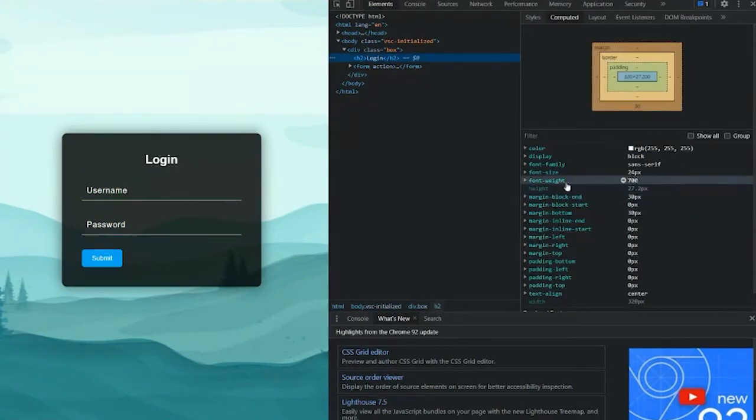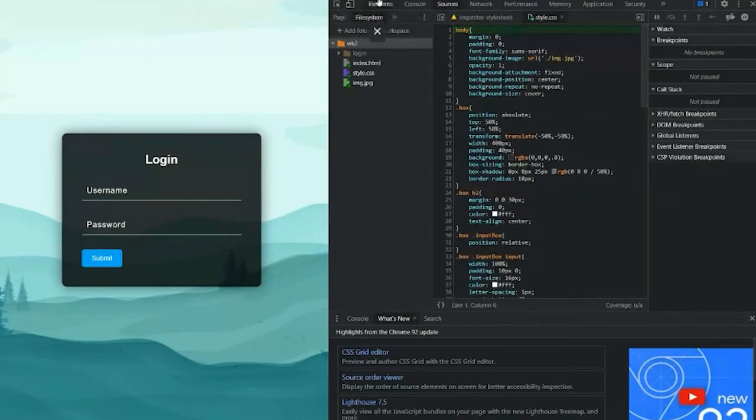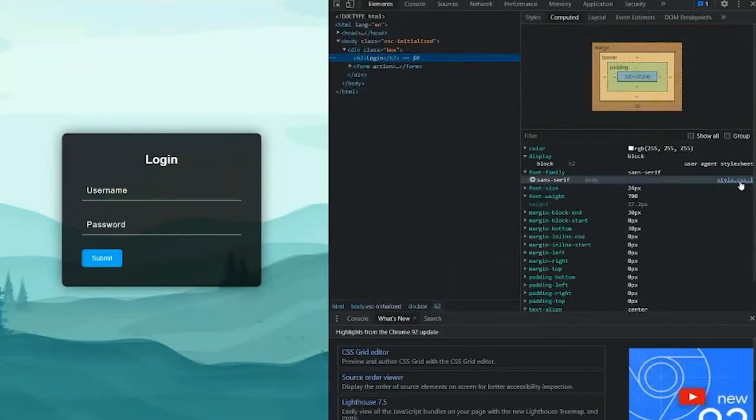Okay, so you can see from here, and if you want to change something, you can directly see the link here, and if you go there you will find the style, and you can change it there.